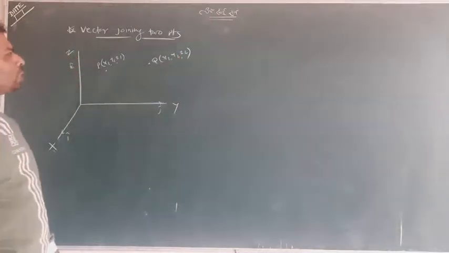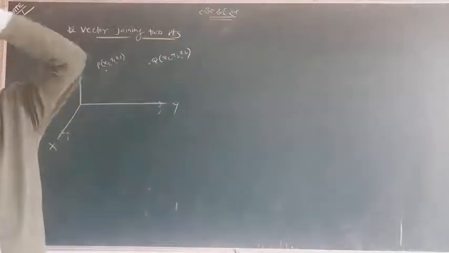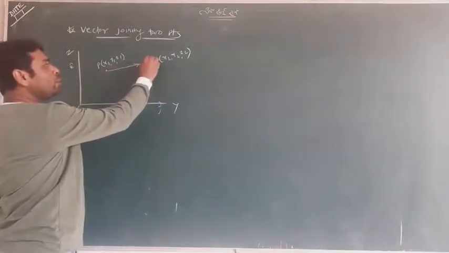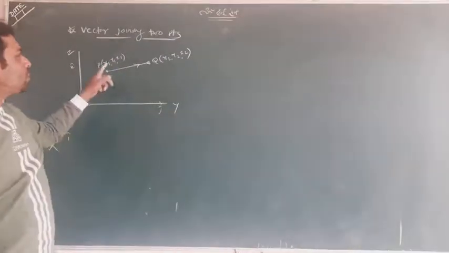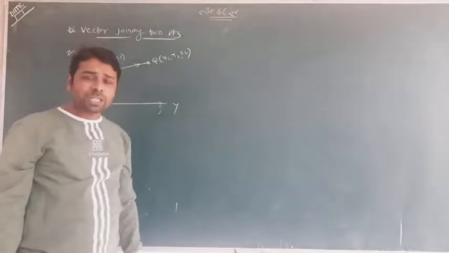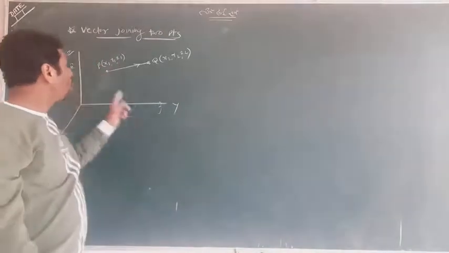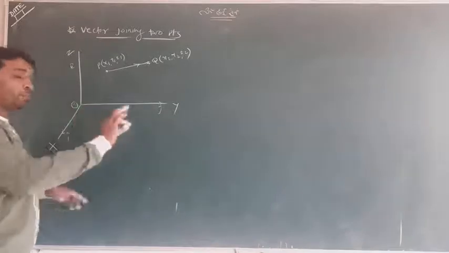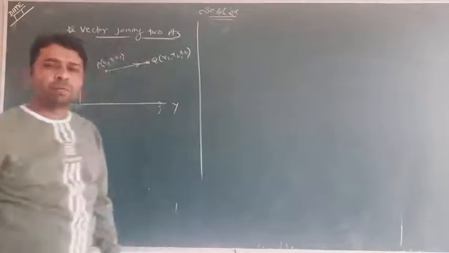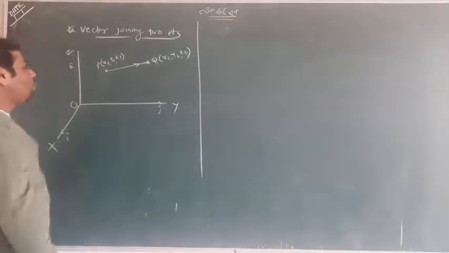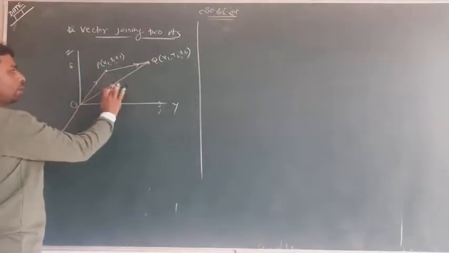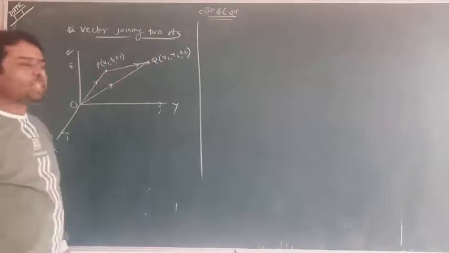So these two points are given, and we want to find PQ. Try to understand. Very good concept rising here, guys. P is (x1, y1, z1), Q is (x2, y2, z2). Two points in three-dimensional space are given, and we want to find PQ. O is the origin point, we all know. So I am telling you one good thing, this is also a good concept. What I am going to do is join these, I will join OP and OQ.